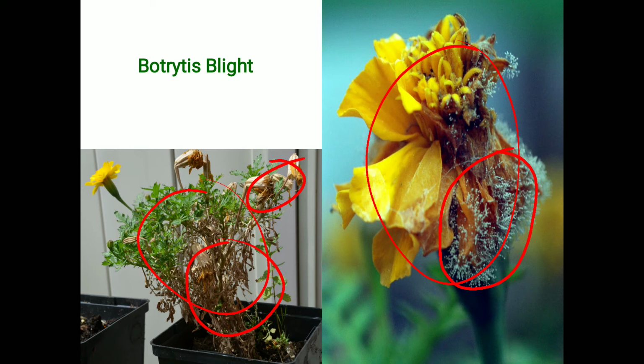Regarding perpetuation, the primary source of infection is plant debris and the secondary source of infection is airborne conidia. Regarding management strategy, we have to keep the field clean and maintain sanitation. Next, we can apply a fungicide. We can use captan, a heterocyclic nitrogen compound, a contact fungicide, for the control of botrytis blight.